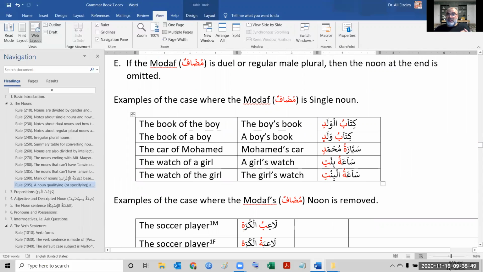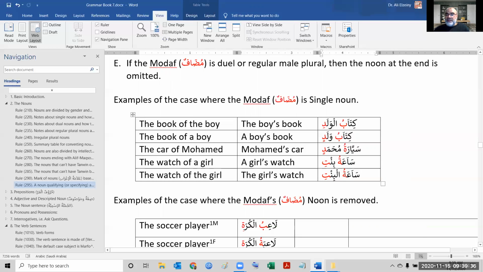So keep that rule in your mind. If there is alif lam, there will be no tanween. Period. Tanween and alif lam cannot both exist on one word. So alif lam, no tanween. Without alif lam, there is a tanween if sarf is allowed. Okay? So same here with Muhammad. It's a tanween because sarf is allowed. Okay? And this one here, bint, is just bint, so sarf here is allowed.